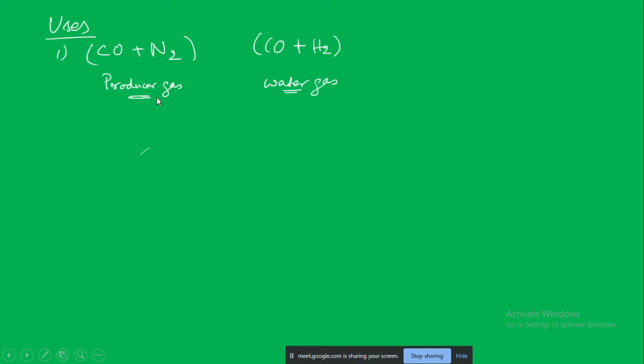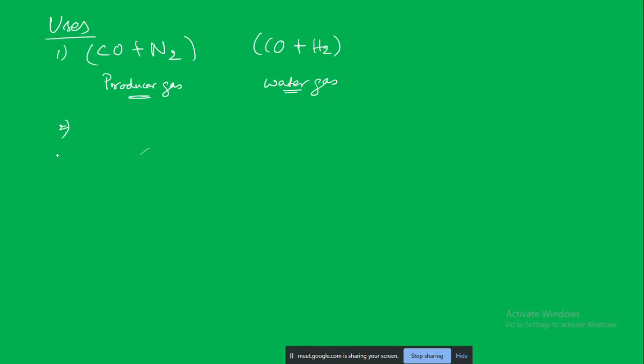So what happens is, in the industries we need some cheap type of fuel for generating energy for whatever products they want to make. For that, burning coal was the most classical method. It is not so easy to always get petrol from underground, we don't get it everywhere. But coal deposits are generally common, and once they are using that coal, they generate this gas. Instead of going to waste, they produce this producer gas, water gas, which is quite combustible. Also, we have seen it is used as a reducing agent for the metals.